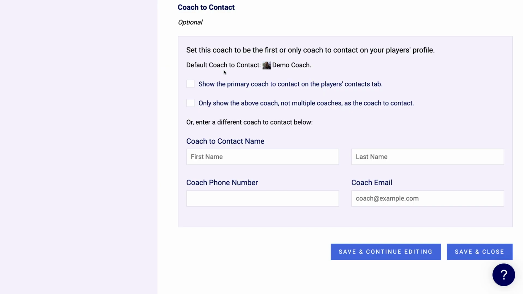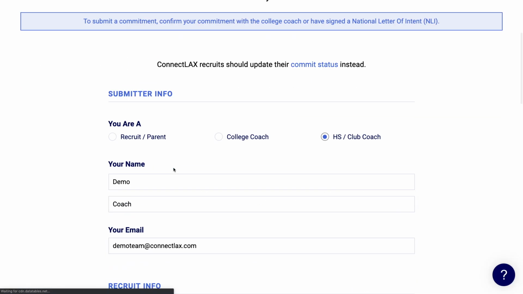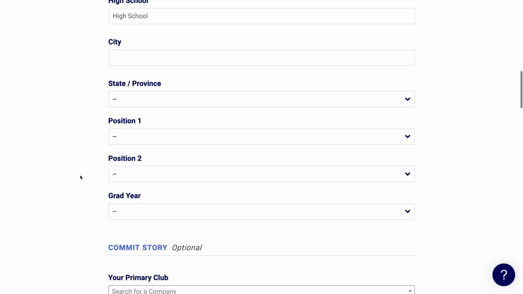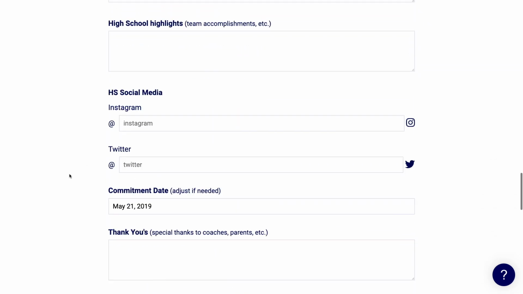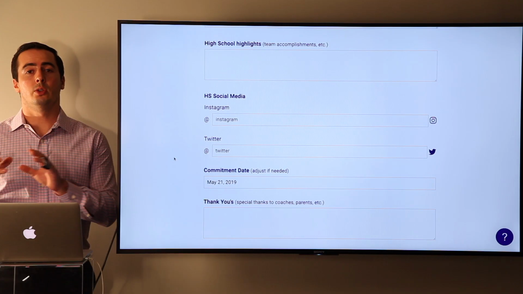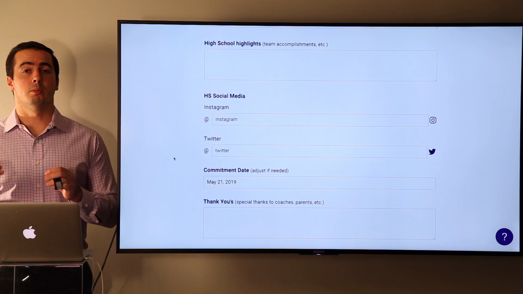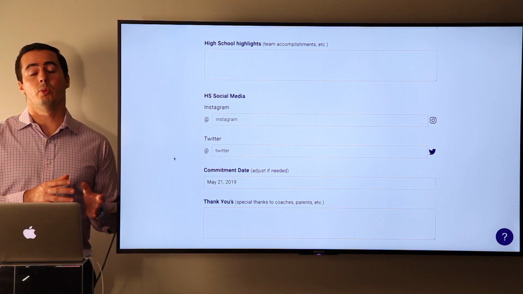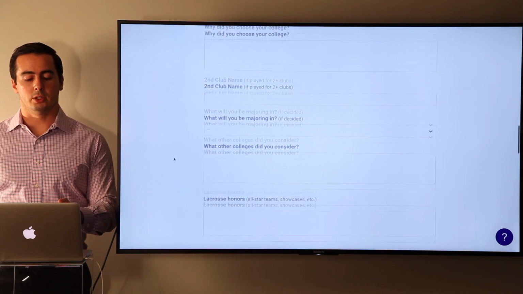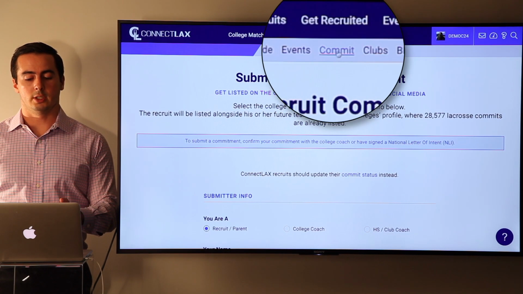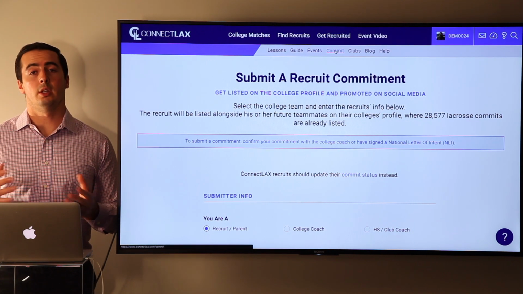The last thing I want to mention real quick is if I come up to the top and click on the commit tab, here you can have your players come and submit a commit story. That's going to be, why did you choose this college, who would you like to thank, any honors, etc. And that'll go into that social feed and kind of pre-package, for example, blog posts. If you wanted to post this story on your own website, you could get that fed to you through your social feed. So again, the players can go through, and it's just clicking on this commit tab, and you can share that with them to make sure they get that in there, and we'll promote that along with our media